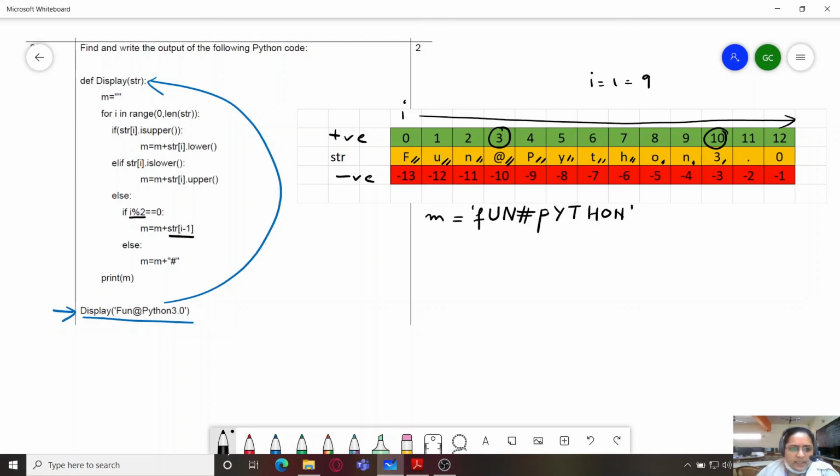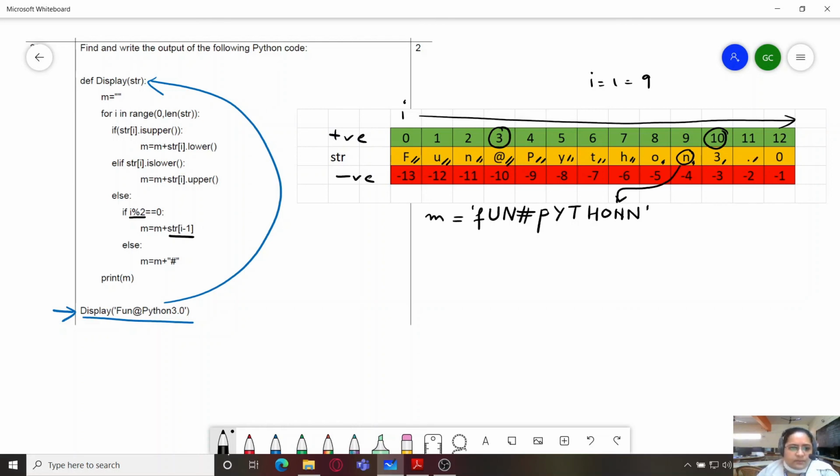So whatever is in str[i-1], that has now changed. It was small n, but we have changed it to capital N, just one iteration ago. So m plus that value, because it is pointing to capital N now, this capital N would be added to m.